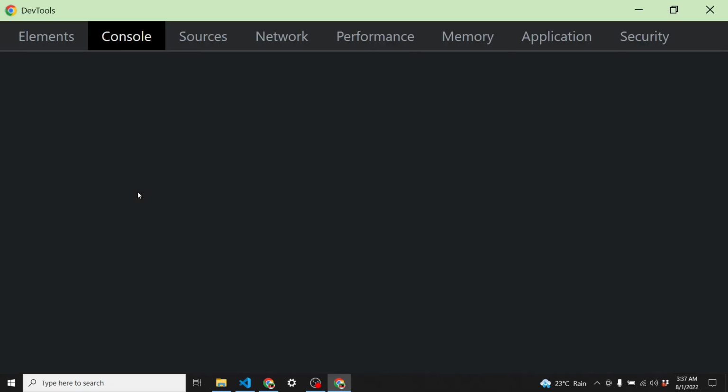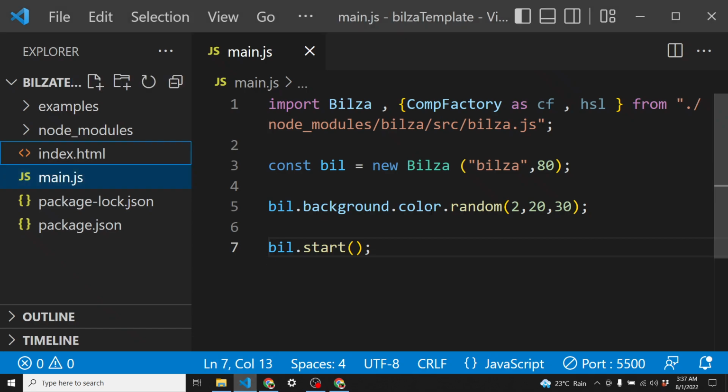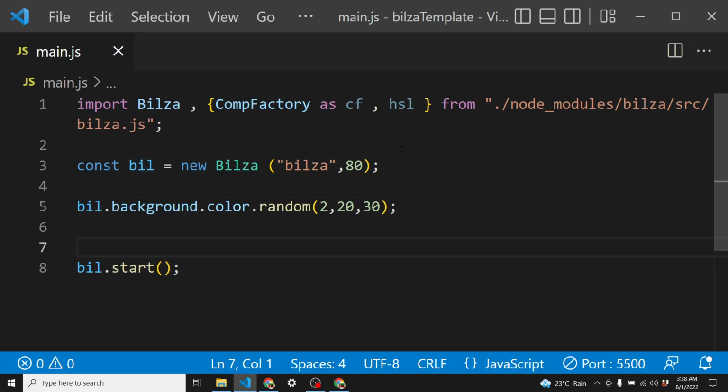Nothing. Oh, favicon and favicon is okay. Oh, sorry. So we need something